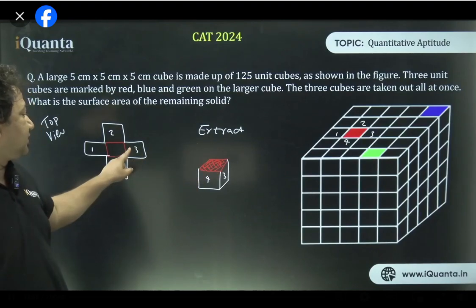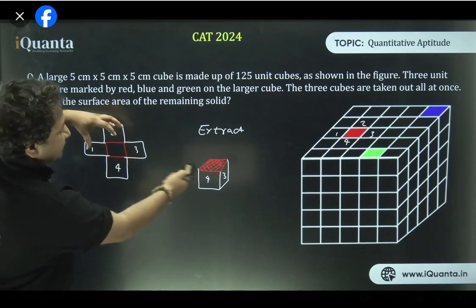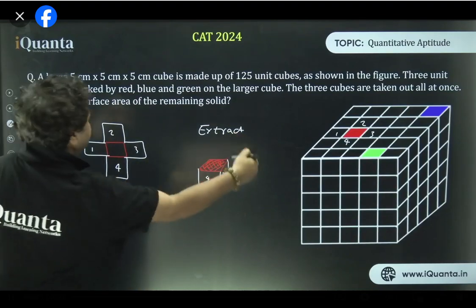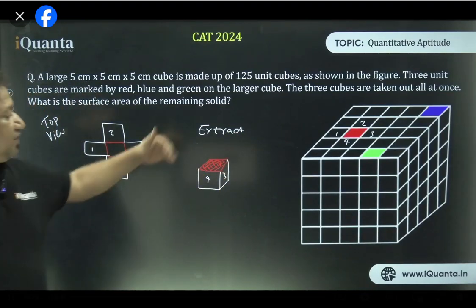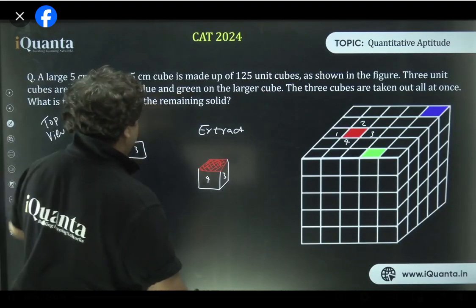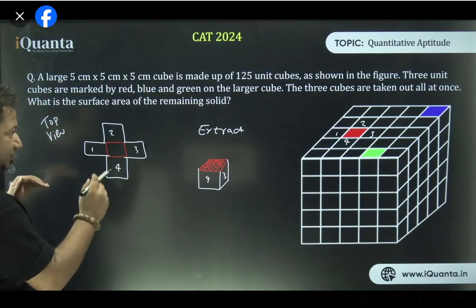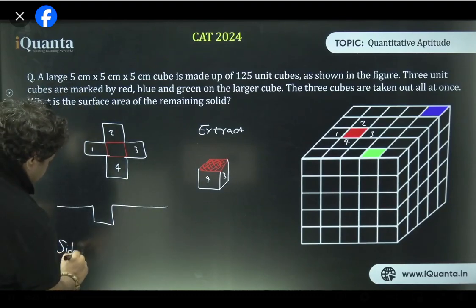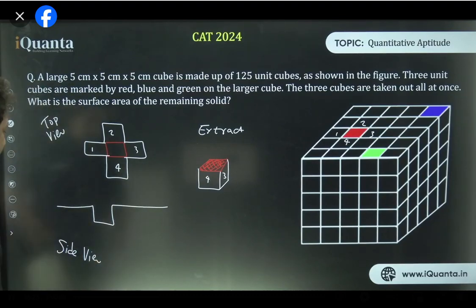Everyone, this third surface, when I move it like this, will be overlapping or sticking together. Fourth, the one behind it is 1, the one beside is 2. The one behind is 2, the one beside is 1. Okay, now it is clear. So the moment I remove it, now I'm showing you another view, the side view. See the side view in 2 dimensions.